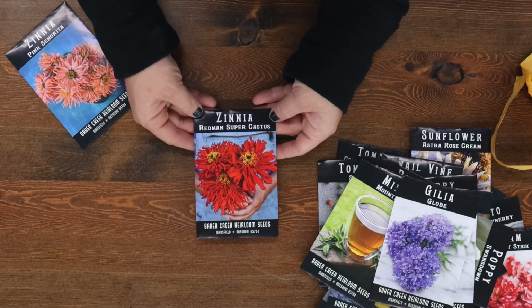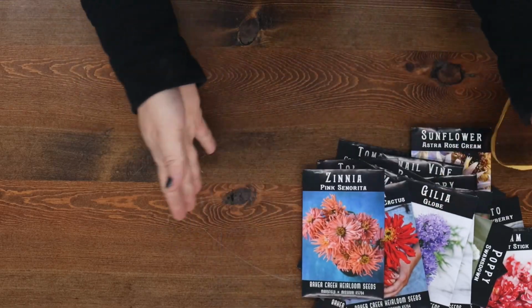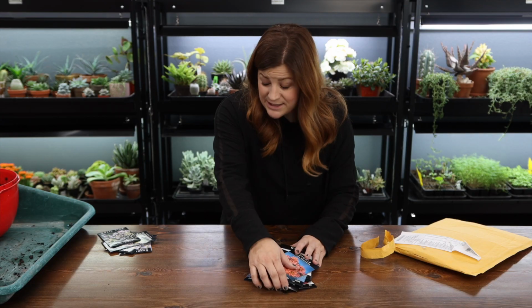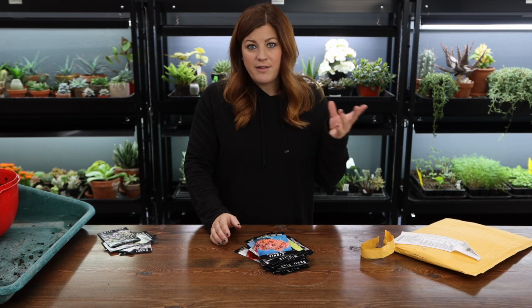And a zinnia called Redeemed Super Cactus, just something really unique. And a zinnia called Pink Senorita. So I don't think I've grown any of the varieties that I have here, which is really, really fun. So I'm excited to add these to my collection, and I think this year in the cut flower garden especially,